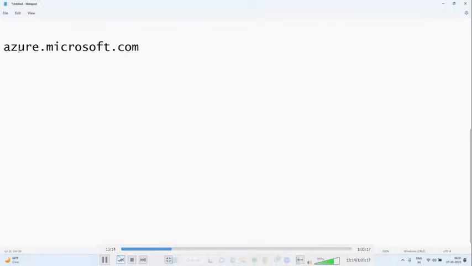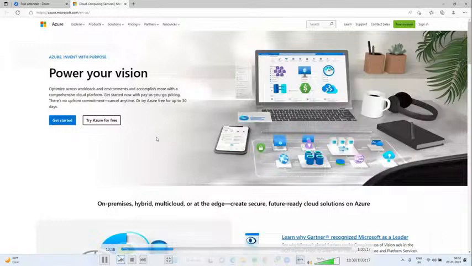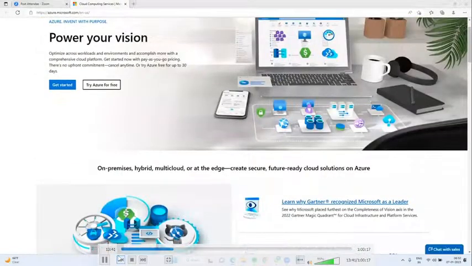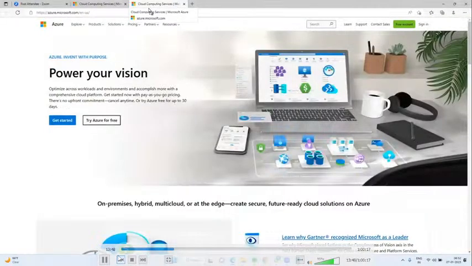This is completely for documentation and troubleshooting purposes. Microsoft provides more than 200 services. If I get any queries or any issues regarding those services, I will go and search only at this URL. Now just copy, drag and drop here. Automatically it will take us to that URL. You know this feature, right? In the notepad, whatever you have typed, just go and drag it, and automatically it will take us to that URL.